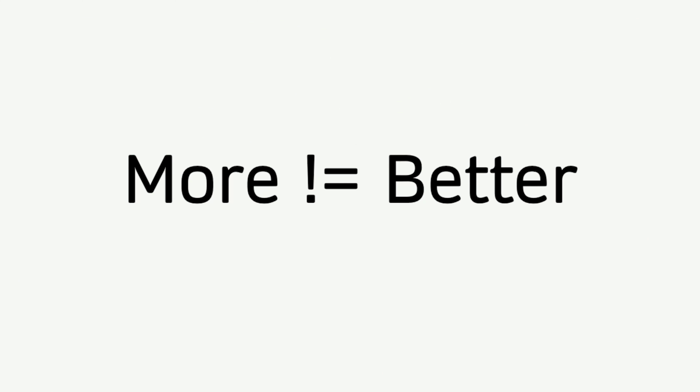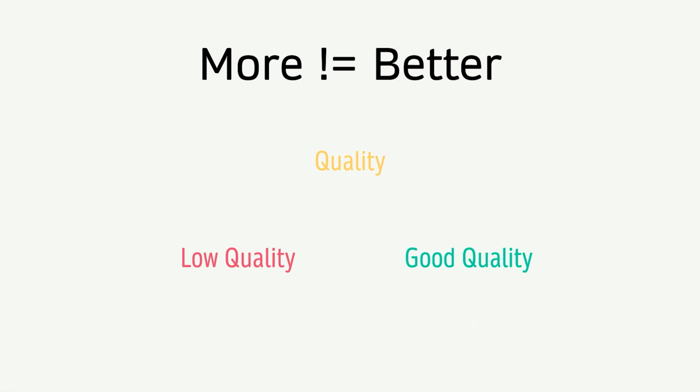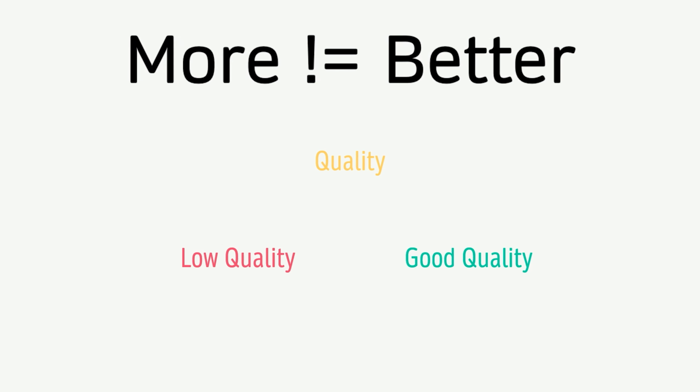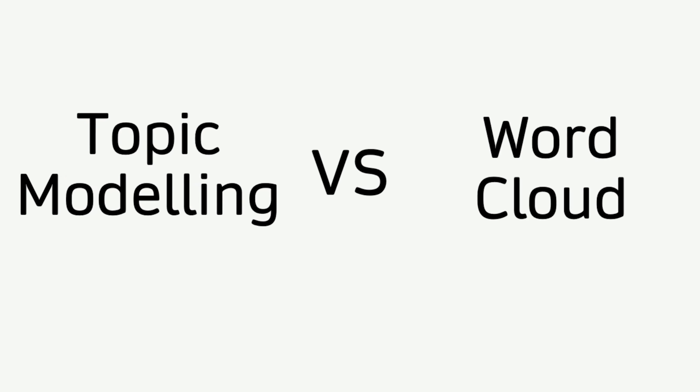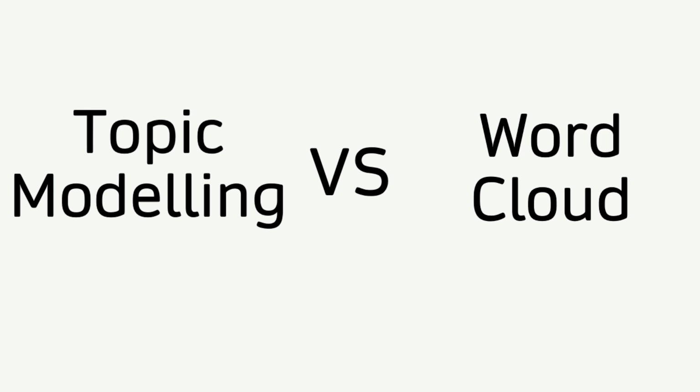N-grams help us to understand the text better than unigrams, because a unigram might be confusing and the meaning might change when the word attached to it changes. For example, low quality and good quality. However, a higher n-gram word cloud is not necessarily better because the longer the phrase, the smaller the chance it will be repeated. This also brings to another point of why text exploration is essential in certain cases.